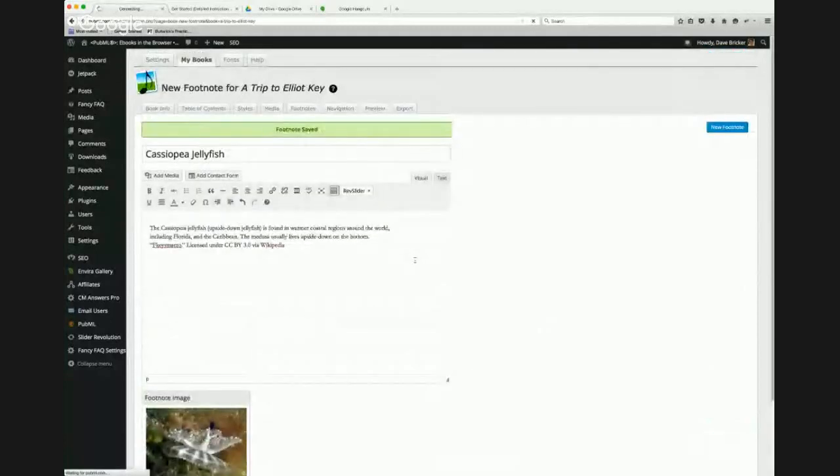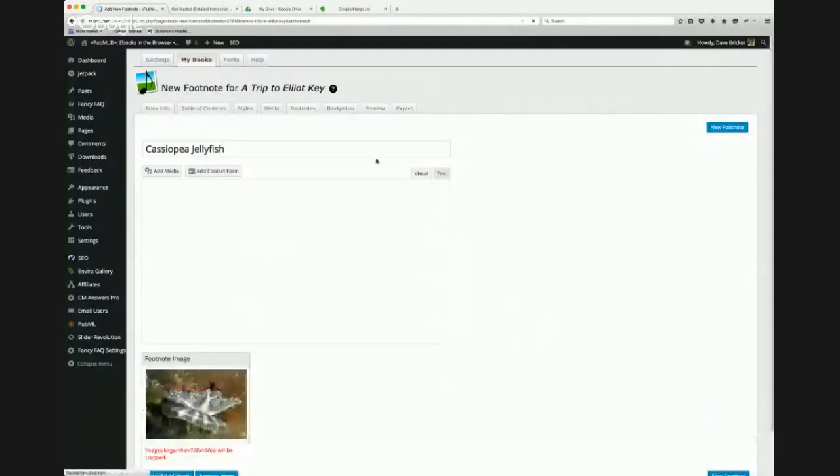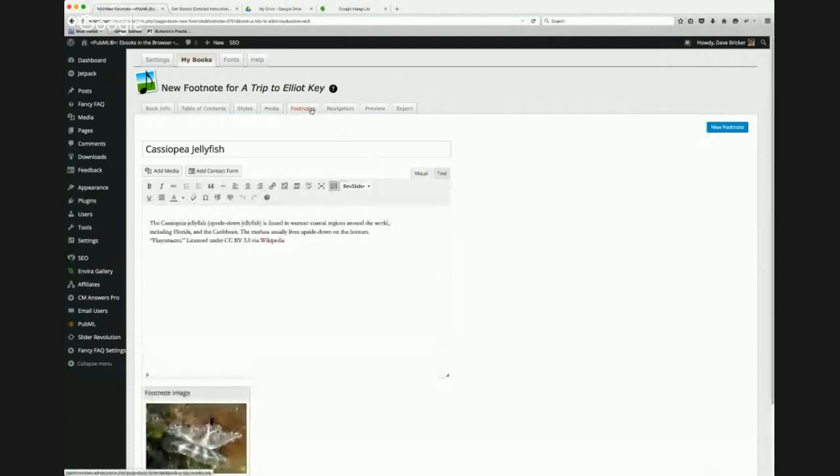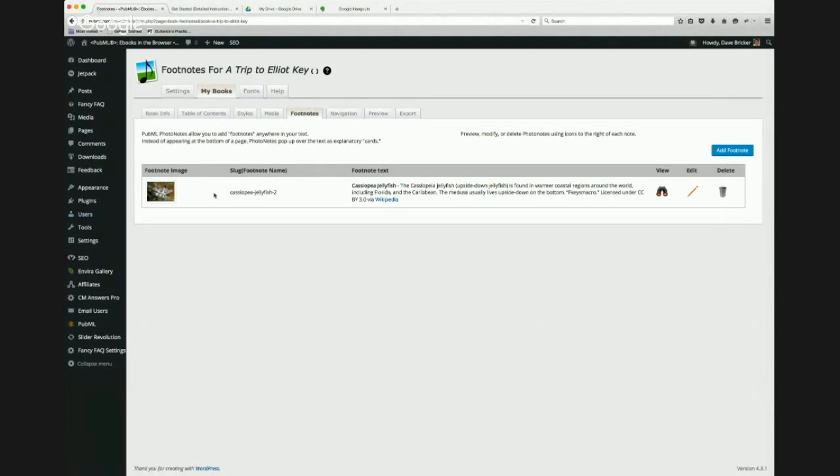This is the only footnote in our demo ebook that we're making today. But you could have dozens or hundreds of them. If you go to thebluemonkbook.com, to my memoir, you'll notice there are about 100 footnotes in the library. So having added the footnote, when I go back to the footnotes tab, you'll see here is that footnote all created,